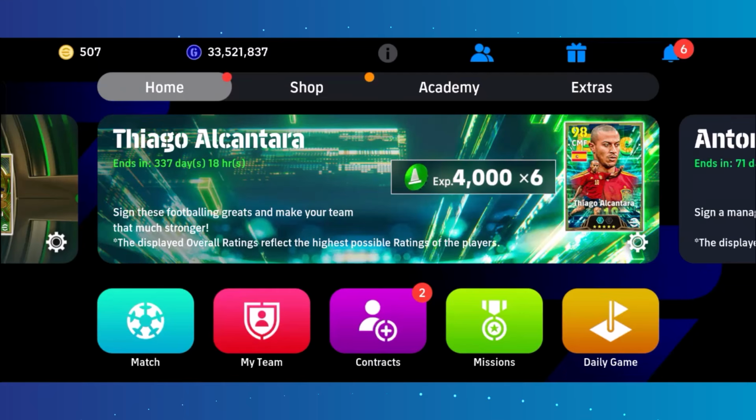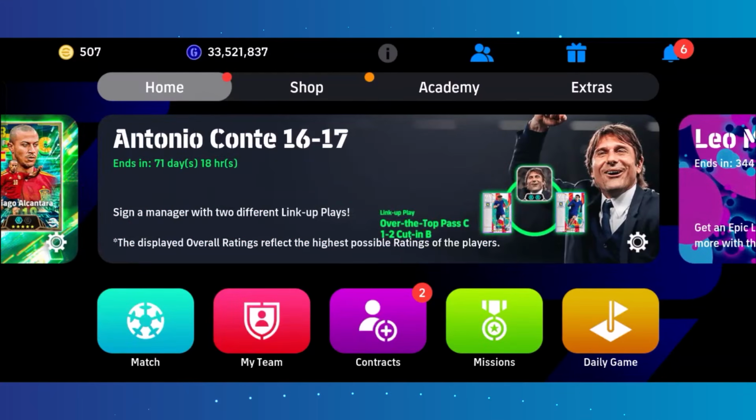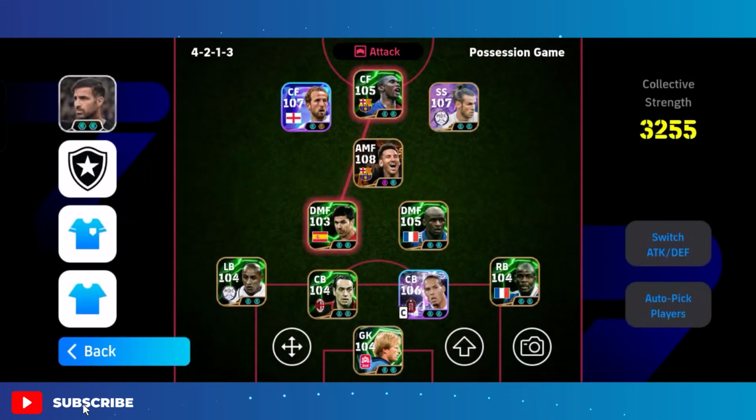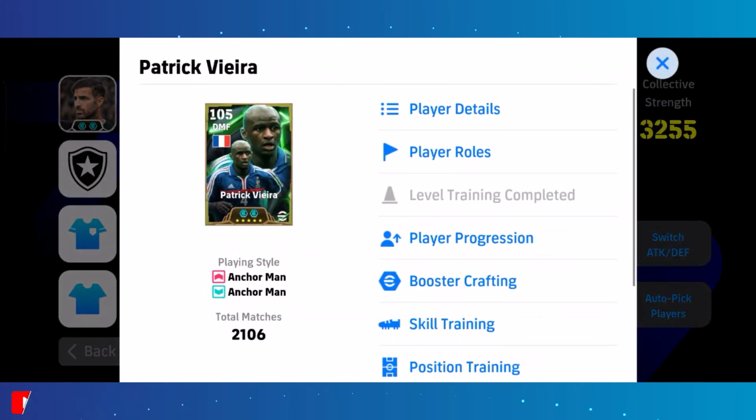In this video, I'm going to guide you on how you can manually develop players in eFootball mobile. So on eFootball mobile, open up your team and go to game plan or your player list. And let's say you have a certain player trained already, but you can select that and you can go